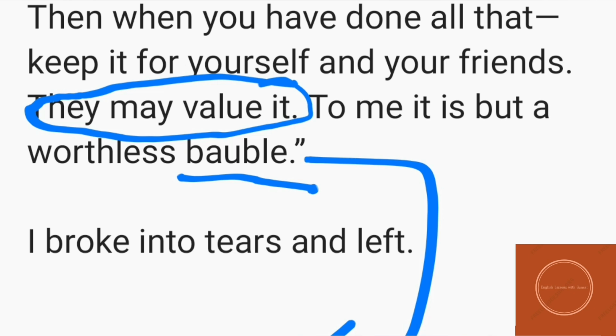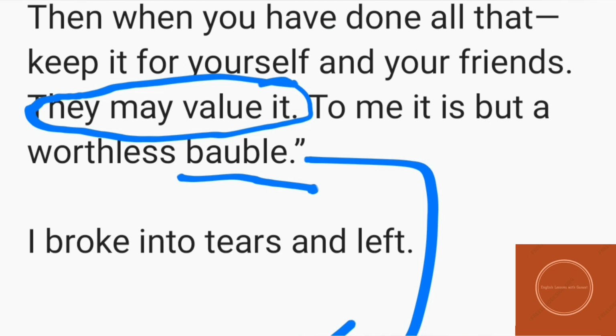I broke into tears and left. Now why did he break into tears and leave? He broke into tears and left because he was just too much shocked from the treatment that he had got just because of his looks. That is why. And even in this line, you can write a basic summary of the story that was there,